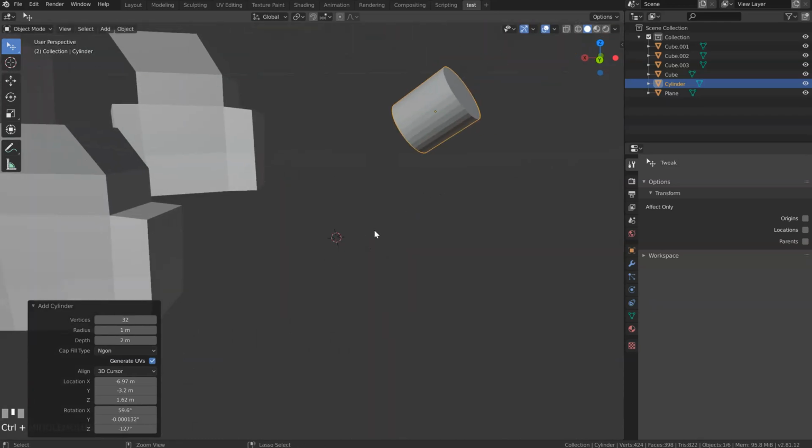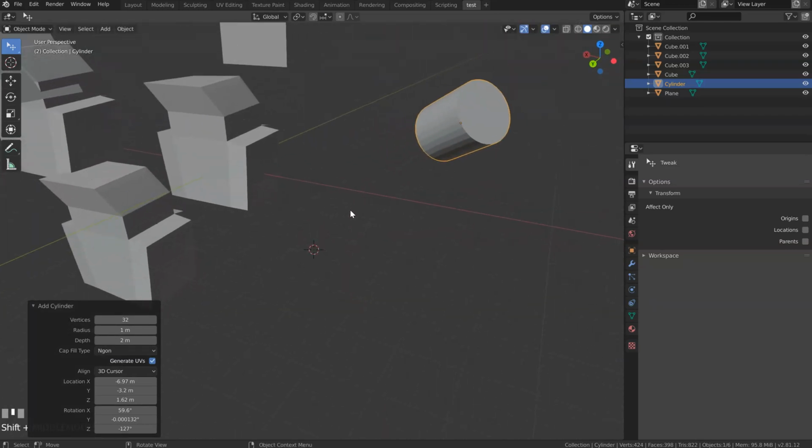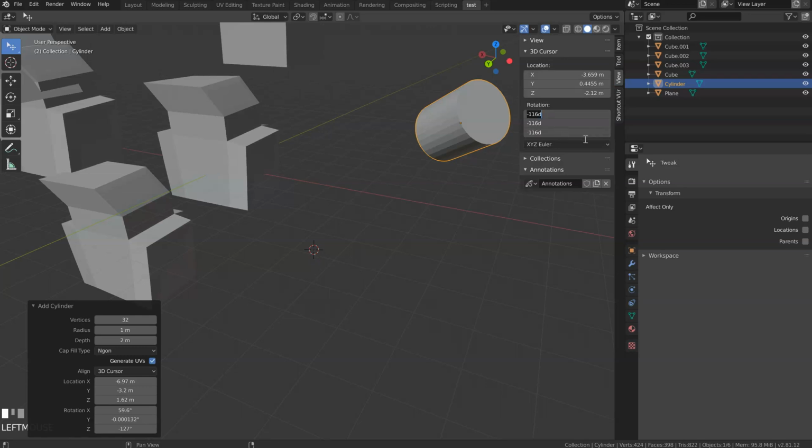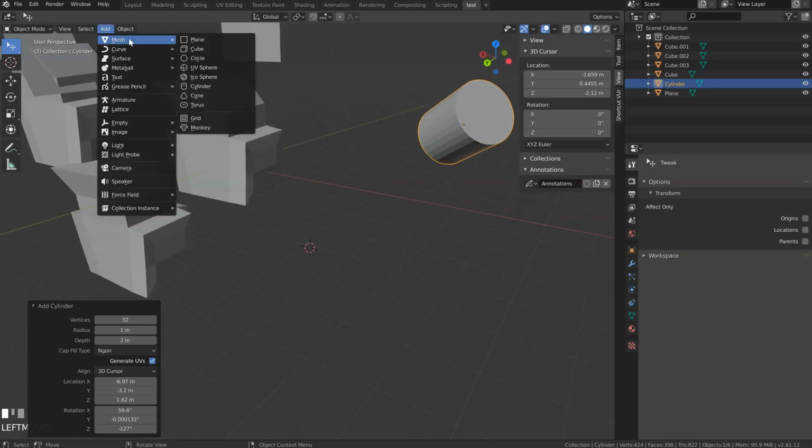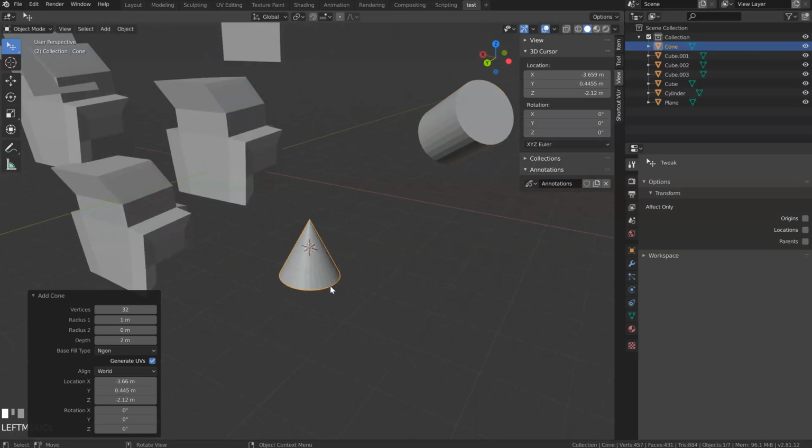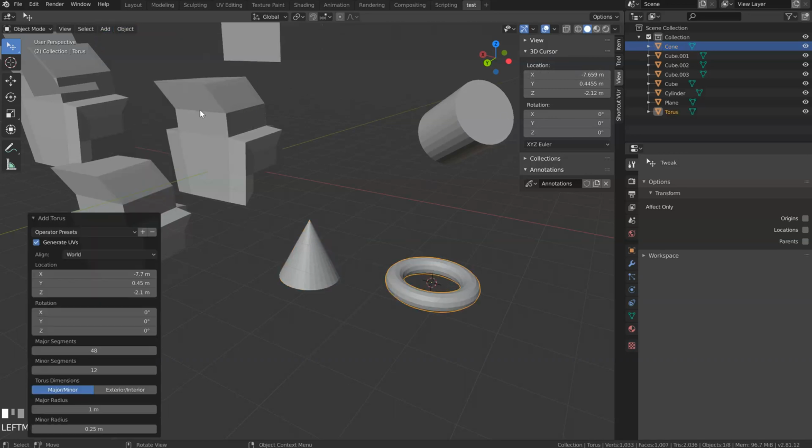Sadly, we cannot zoom on it. It's not an object. And if you want to get rid of this rotation, you can press N. You have 3D cursor, and you can click and drag, and press 0 and enter. And like that, as you can see now, if I add another object, let's see a cone, boom, it will be straight, like that. So with this, you can move the cursor, like that. If you want, you can add, let's see, a torus here, and you will have it, like that. So the cursor information are really useful.